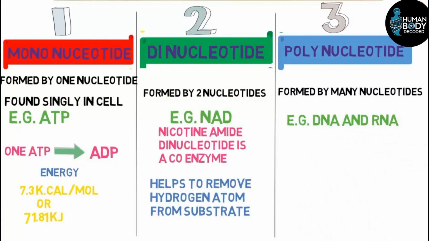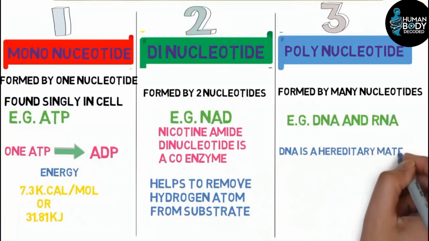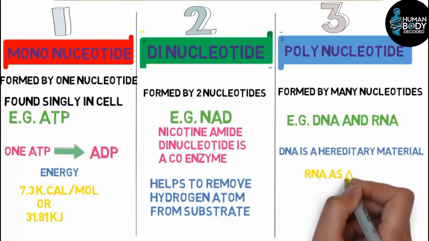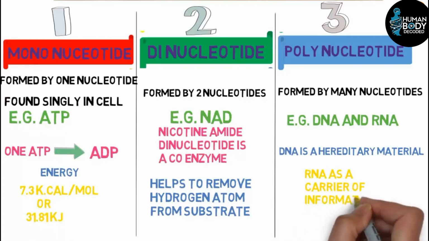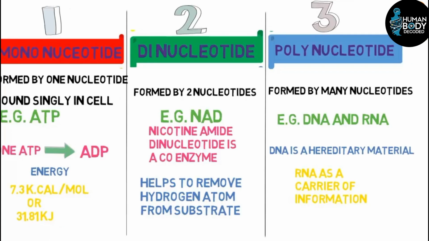Friends, I have already taught about DNA and RNA. DNA is the hereditary material, and RNA acts as a carrier of information. This means RNA carries information from one place to another in the cell, and DNA is transferred from parents to